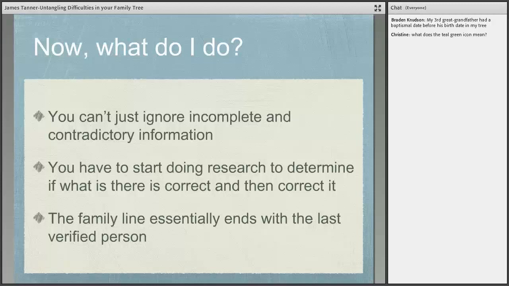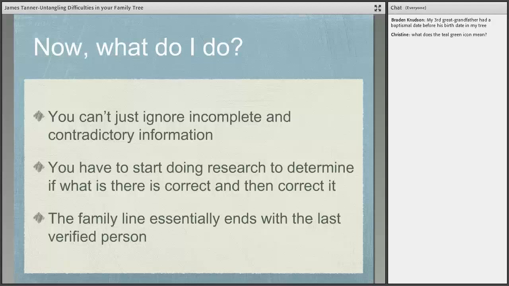But the debate is this: I go back in my lines and I find that I am at the end of the information that I have accumulated by myself over a number of years, and I find that the pedigree goes well beyond my personal end-of-line people. So what should I do about it? Should I go in and lop off the extra people that I don't agree with? The answer is I really can't do that until I have taken the effort to determine whether or not they're